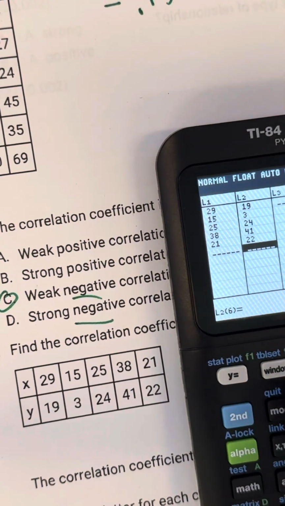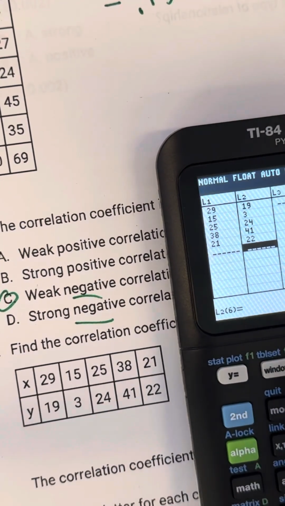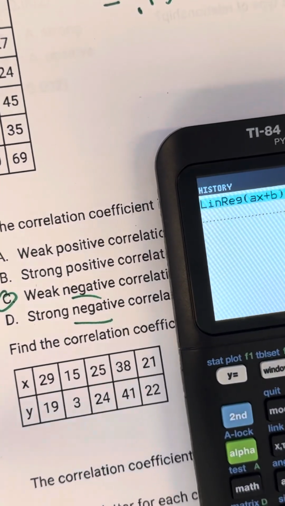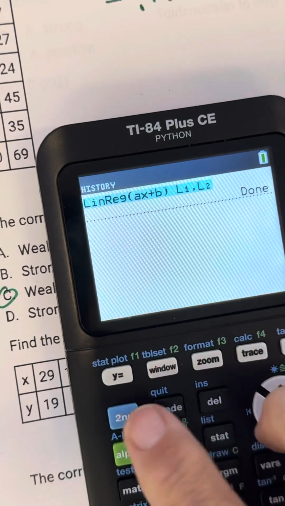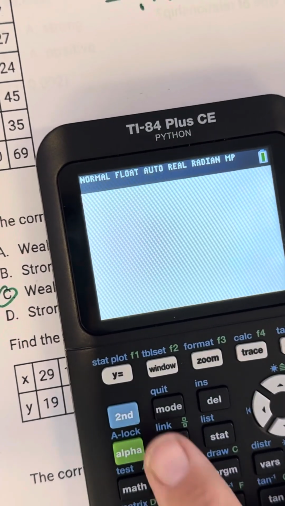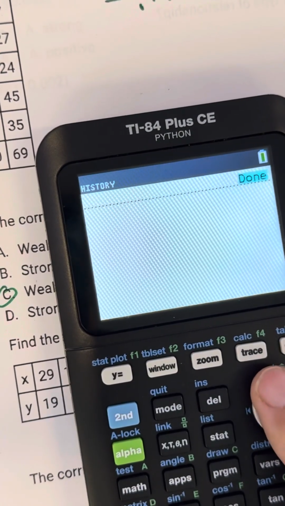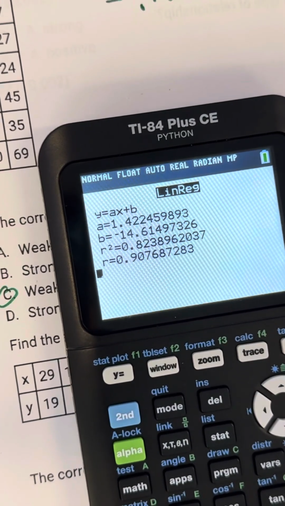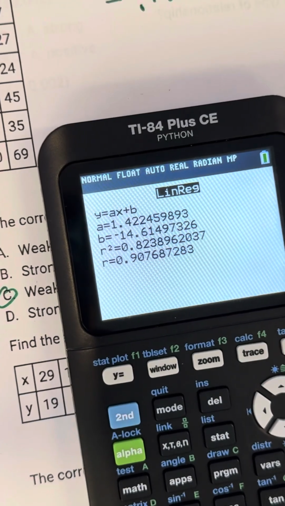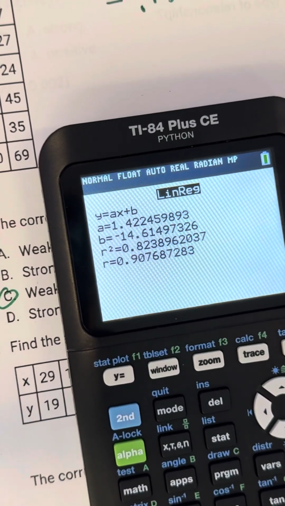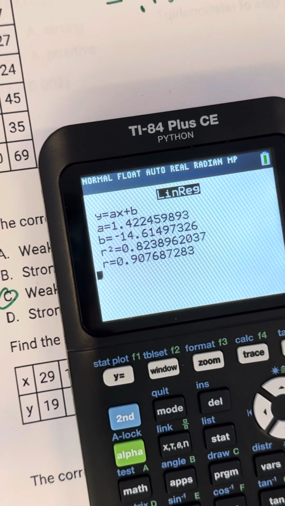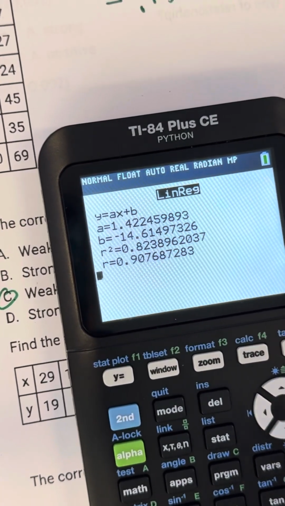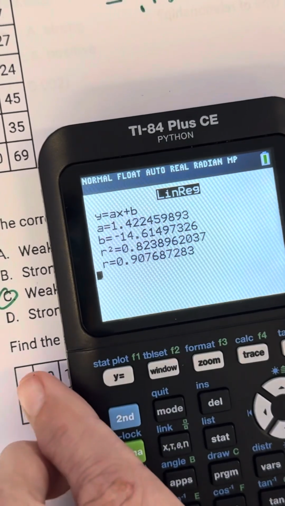And once you've done stat calculate number 4 once, you can highlight it. So let me show you again. Second quit to get out of what you were doing, go up until you can find it, press enter, and it will do it again for you. So you don't have to go through the steps again. But again, the steps for second calculate, you have to go to the right to calculate the number 4. And this R value is